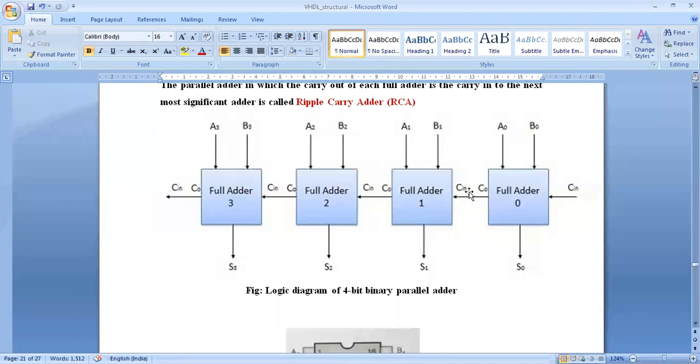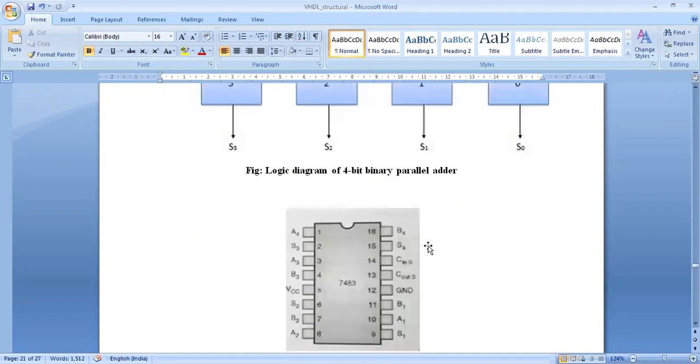So therefore, take intermediate signals C1 or C0 as you wish. You can take any one. You can start with C0 or you can start with C1. Okay. So we will start with C1 because this is the stage of the full adder 1, right? This is the stage of the full adder 2 and the full adder 3, stage 3. So that's why I take C1, C2, C3 as the intermediate signals. Okay. So we have only 3 intermediate signals, right?